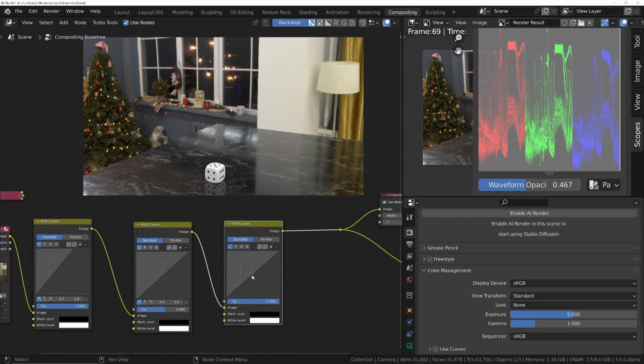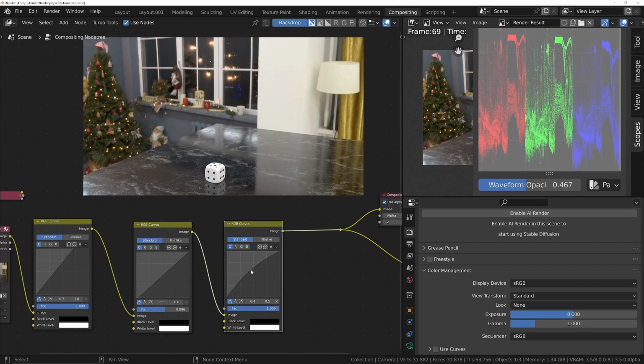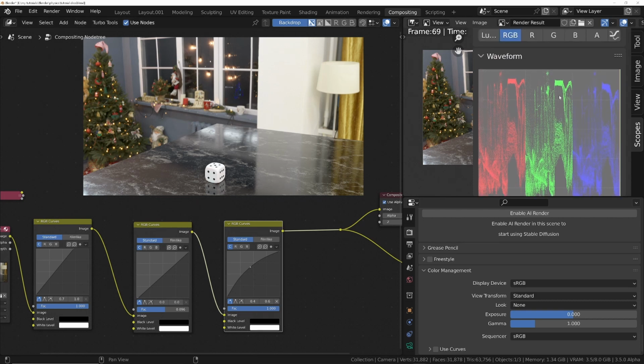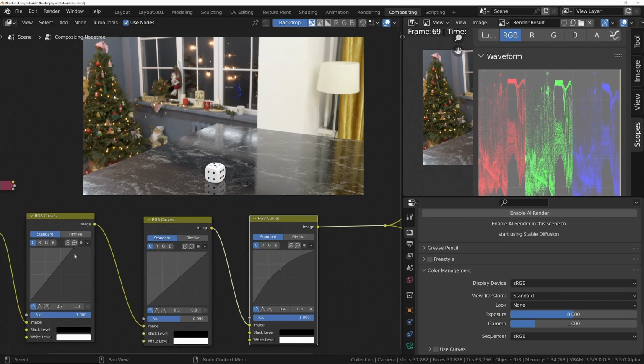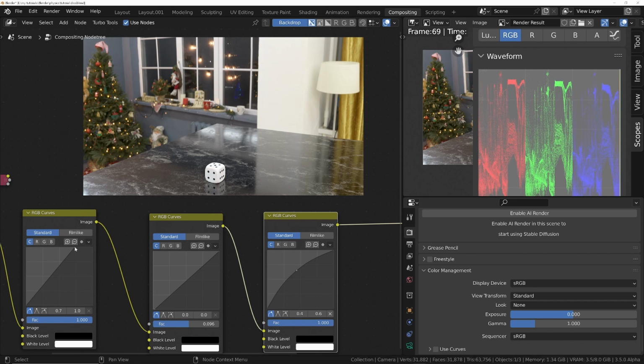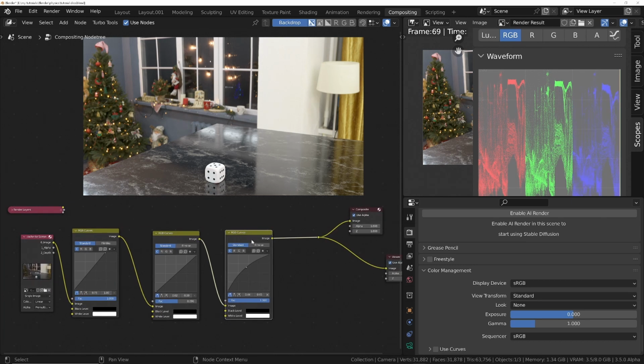Now we can increase the mid-range, or the gamma as it's correctly called, to add even more brightness while still maintaining no clipping. Maybe we've gone over just a tiny bit, in which case we can just bring that down just a touch. And then lastly,